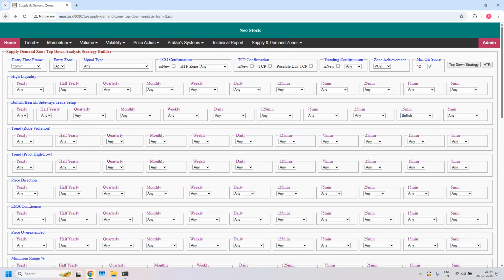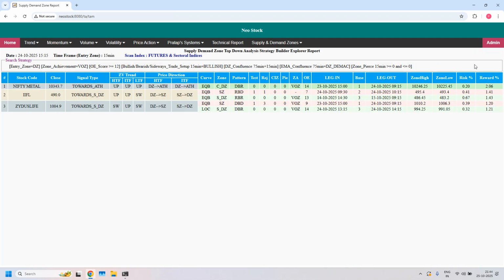So let's further filter based on EMA confluence at 75 minutes demand zone with daily EMA confluence. So 3 stocks are filtered. So these 3 15 minutes demand zones might be having more high probability to get success, provided lesson 20 checklist items are satisfied. Otherwise, higher chances of zone violation. Okay, next